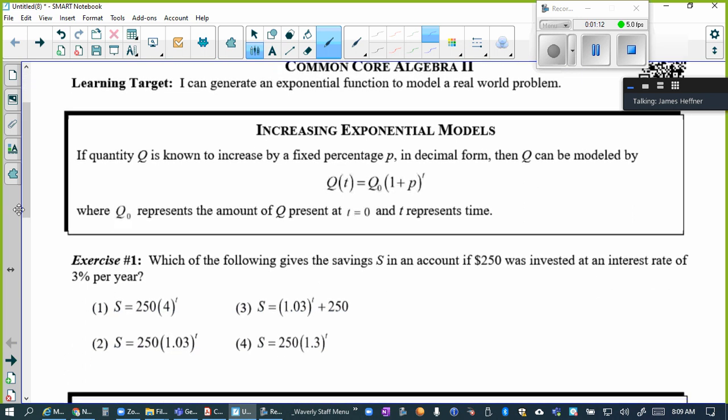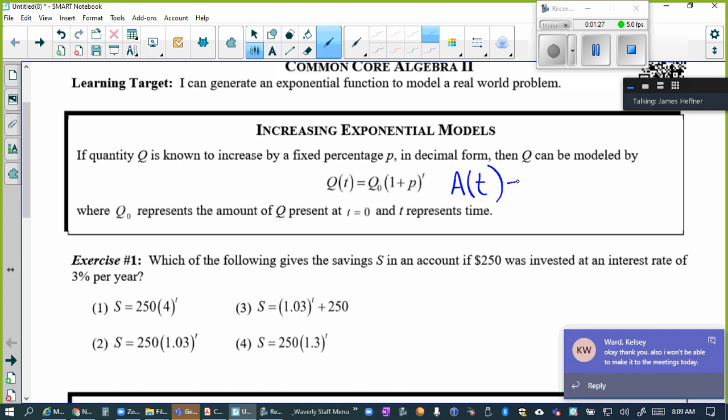So if we go down here to this first little formula they give us, I'm going to change some of the lettering they use here because it's not quite as common. They're using quantity Q. I prefer to use amount. So let me just rewrite this. Some amount as a function of t, time, is going to be equal to some A naught, right? That little subscript 0, that's A naught, which just means the beginning amount, okay? Like what you start with,